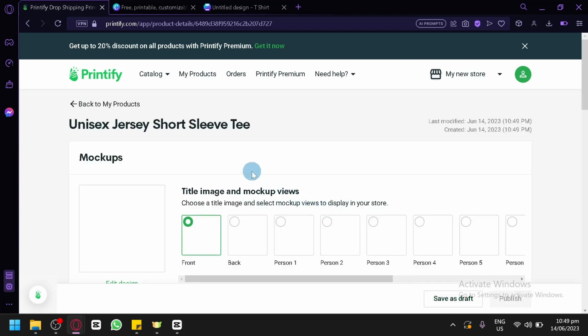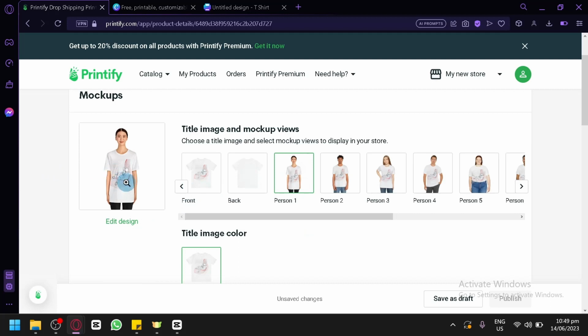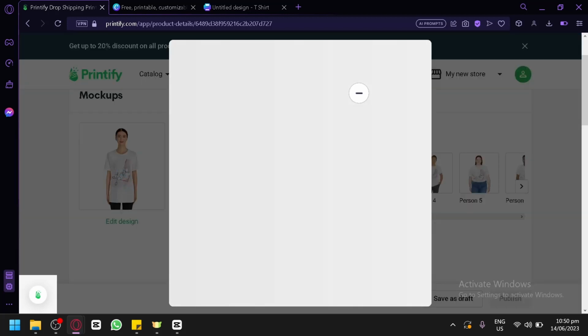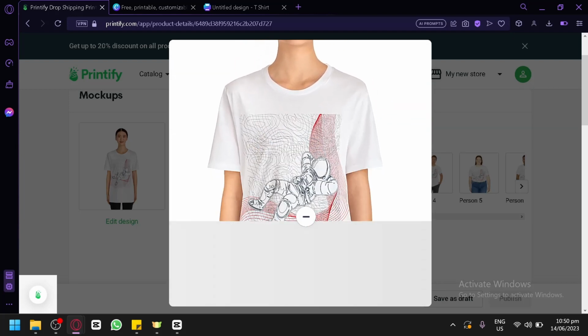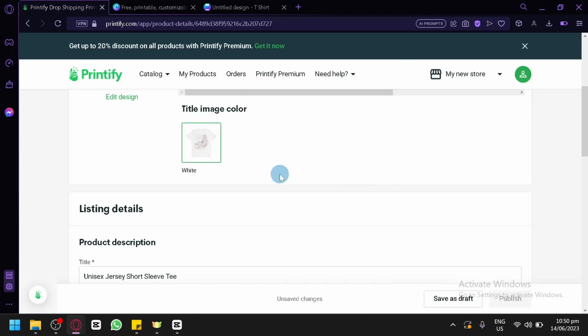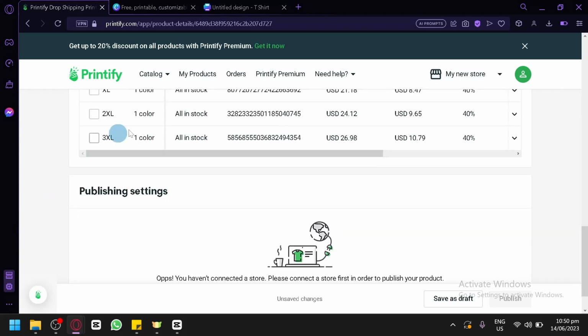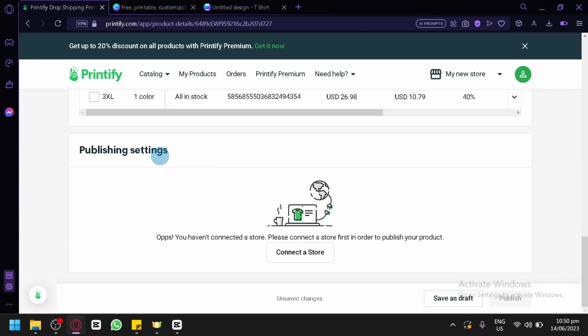You can also see different mockups over here in this section, like for example this girl. You can see a mockup of our design with this girl wearing our t-shirt with the design on it. As you can see, this is our design over here. Very simple, very minimalist, not too complicated. Then you have your title, description, different variants, completely up to you, and publishing settings over here. In the settings, you could connect your Etsy store, and then you could start selling the product that we have just created